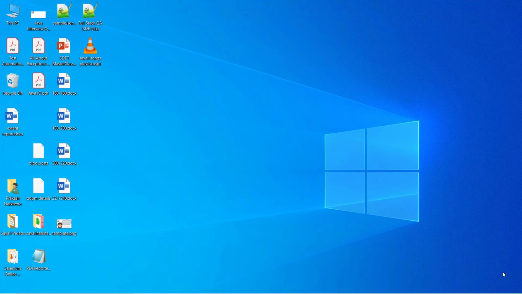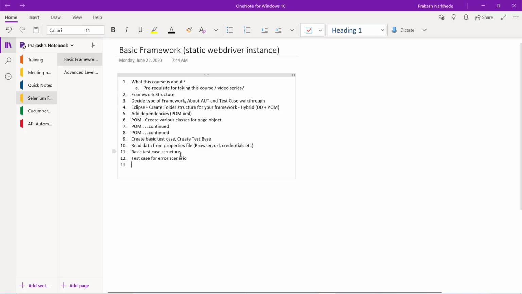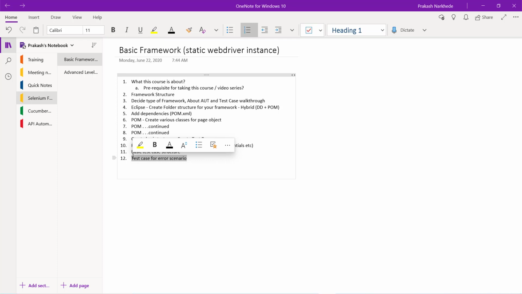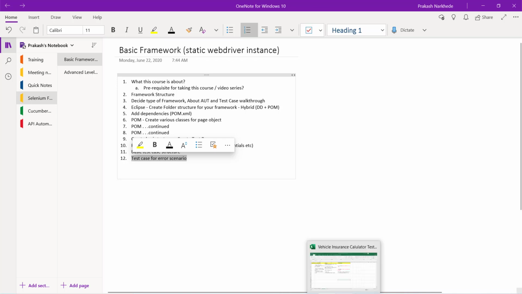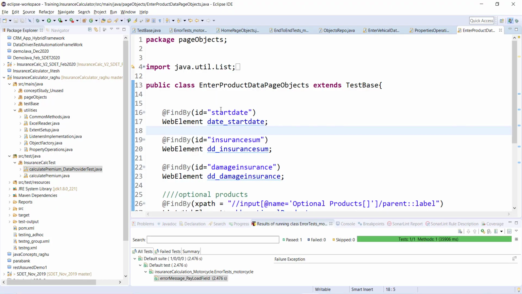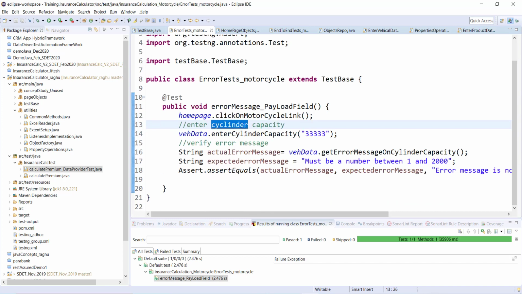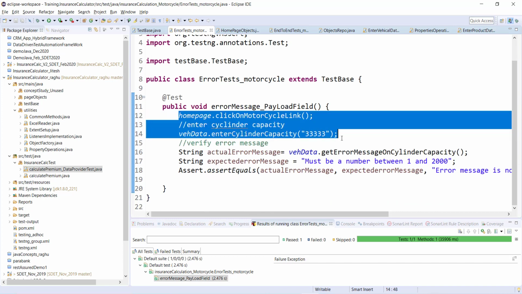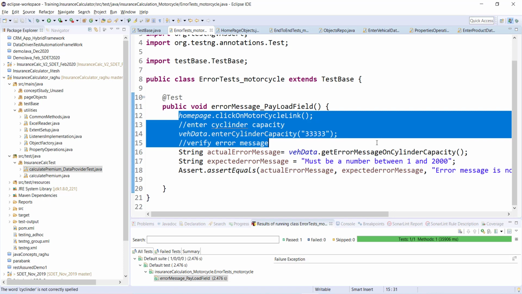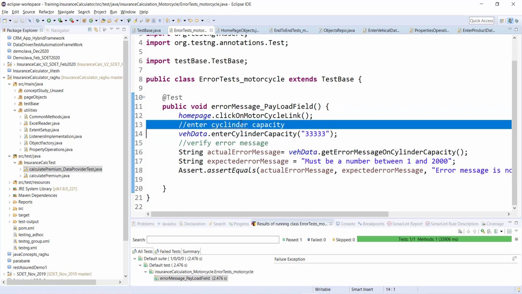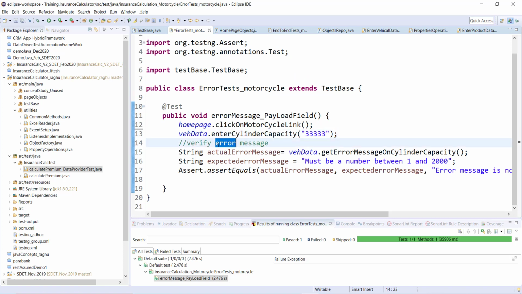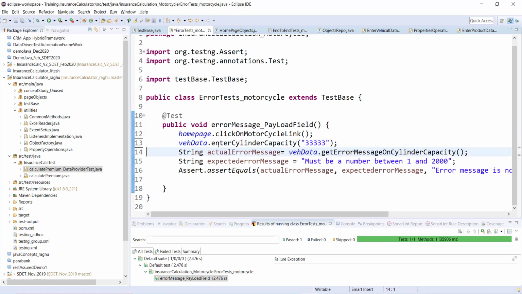Hello guys, welcome back. So in my last video, we created some error scenarios, and some production-like scenarios where we automated by using page object model. If you see in your actual test case, you do not see any click operation or any sendKeys or any general operations. Everything is written into methods and then it is called, and the name itself is pretty self-explanatory, right?